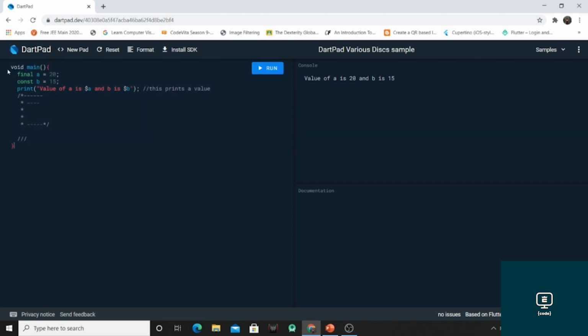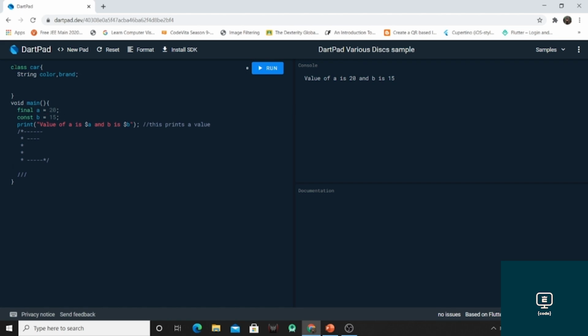Now we can create a class using the keyword class. I'm going to create one class of a car and declare variables which are color and brand.